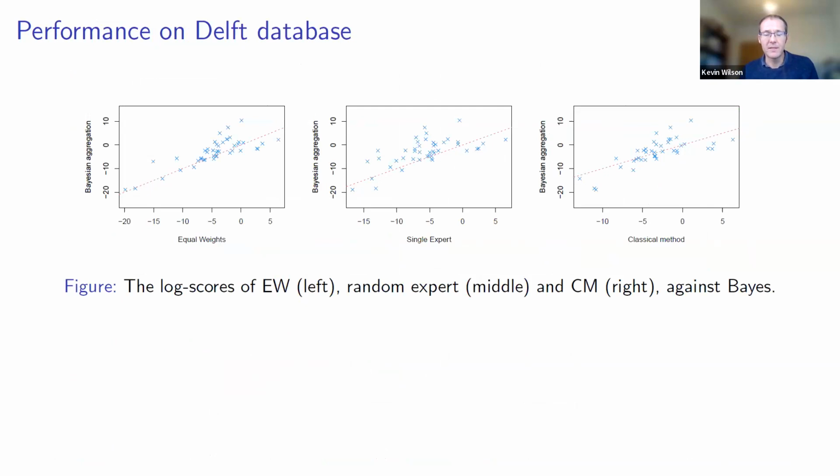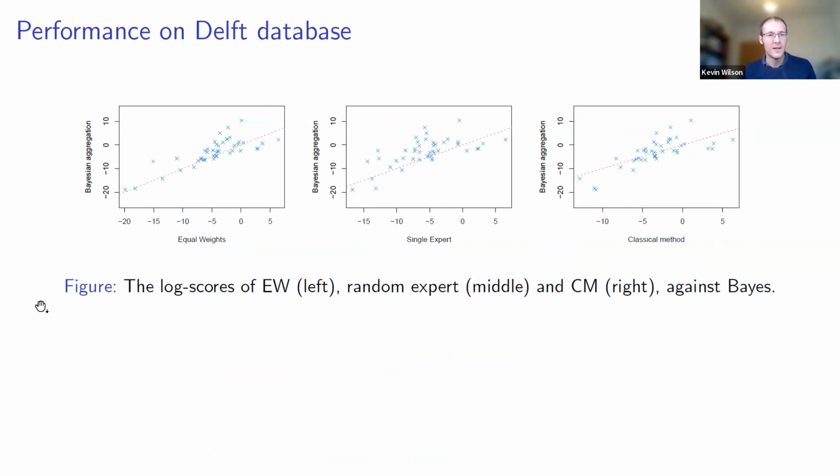So rather than just fit it to that single study, I then went on to fit it to the Delphi database of studies. Roger sent me the updated one, but this isn't the results from the updated one. This is the results from the older studies, so the 45 older studies. I haven't yet managed to get the updated one into the form I need to run this, and it will take a little while to run. So this is the slightly older study, so there will be a new version of this plot at some stage in the future.